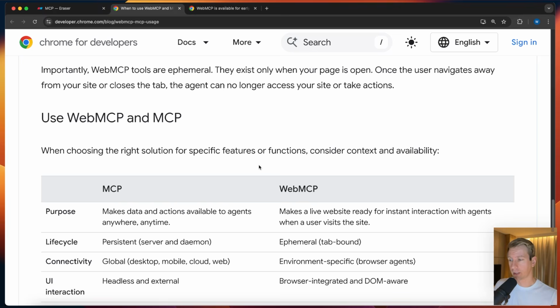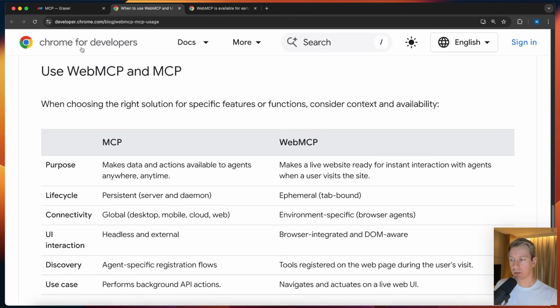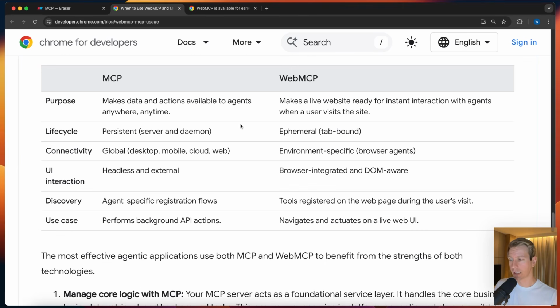Now, this is still being developed, and you may say, well, what's the difference between this Web MCP and just generally MCP? So typically an MCP is more like a server, and very often it's a remote server. So there is a network round trip. With Web MCP, it's more instant. So it's on a live website. So it's faster,